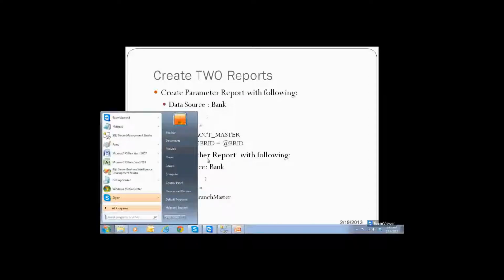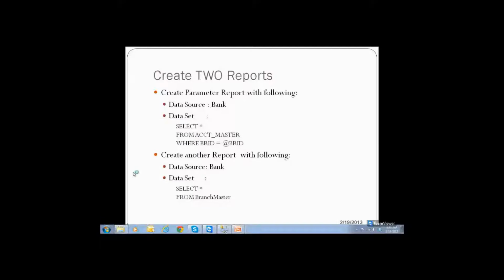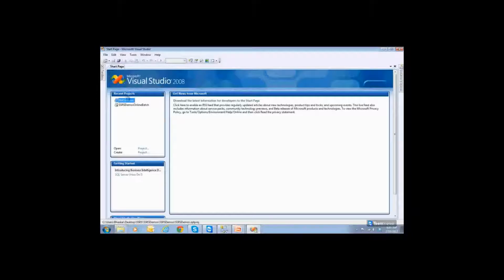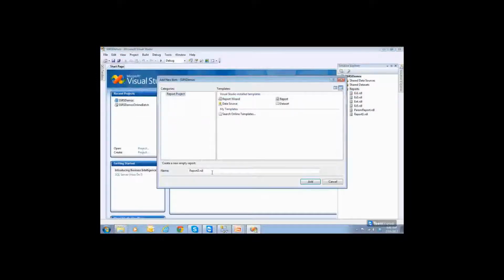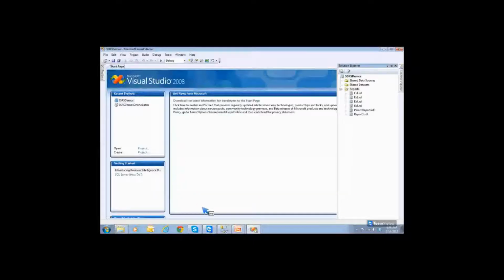So let me start and open this report. Very simple, and you can understand easily. Opening my SSRS project. It will take some time to open up. I have created exercise 5, now the next one would be exercise 6. Okay, created. This is done.